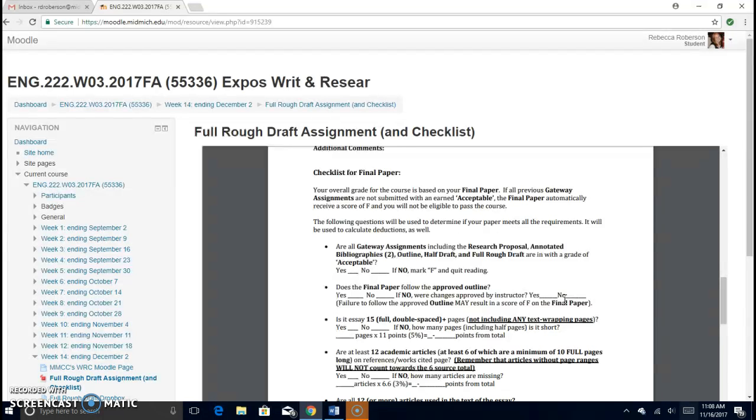Is the essay 15 full double-spaced pages? Remember, this does not include any text wrapping pages, no abstracts, no cover pages, no references or works cited. It's just the body of the paper. For each page, and this does include half pages that you're short, remember that is an 11-point deduction from your